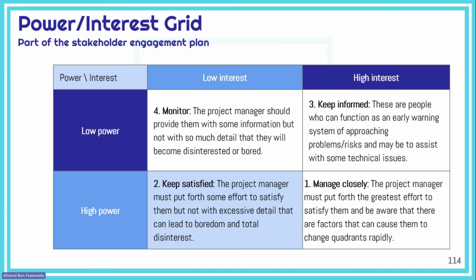despite them having low power. And then there is this fourth type of stakeholders. They don't have that much power, they don't have that much interest, but they do qualify. You see, we go back to the same term, which is qualifying. They do qualify as stakeholders, and these you need to provide with the minimum information, not so much detail,